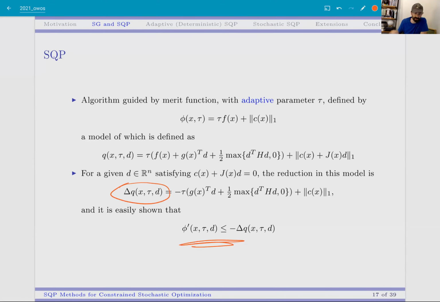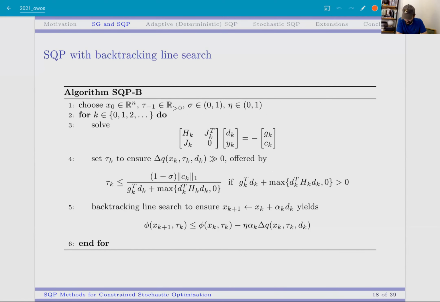So the overall algorithm looks something like this. You have your starting point, and this is a little bit simplified, but just to give you the main idea. In each iteration, you compute your direction from that linear system. That's the direction we want to use. That's what we trust. We adjust the merit parameter to make it so that we have descent in the merit function. And essentially, you're either going to maintain the previous value that you had for that merit parameter, or you're